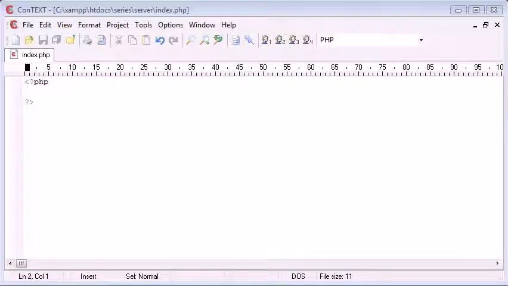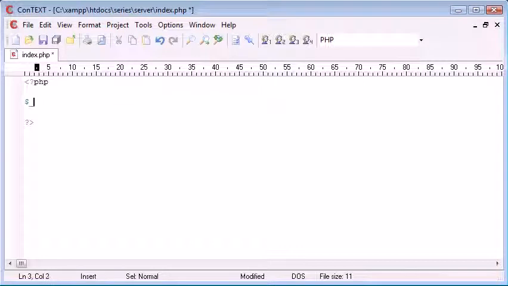Now in this video tutorial and the video tutorials that are going to come after this in this short server series, we're talking about a predefined variable in PHP called $_SERVER. Now you may have seen this before if you've dealt with PHP before. Server is a predefined set of environmental